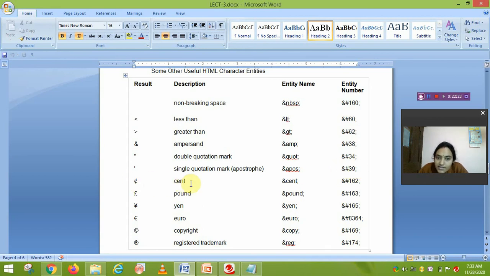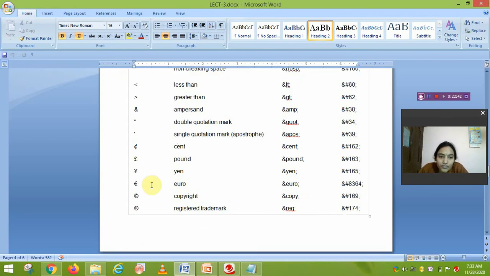For the cent symbol we write ampersand cent, and as a number ampersand hash 162, and for the pound symbol we write ampersand pound, or as the entity number ampersand hash 163. Also for the yen symbol we write ampersand yen, and as the entity number ampersand hash 165. For the euro symbol we write ampersand euro, and as the entity number ampersand hash 8364.